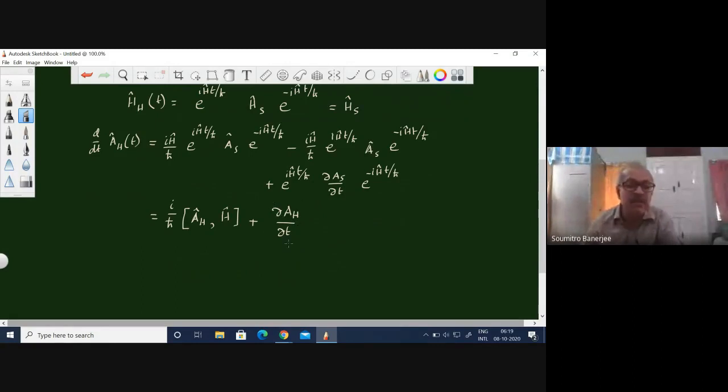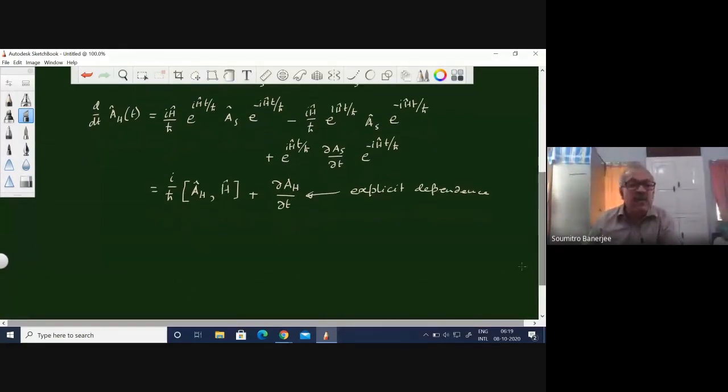might change with time. Therefore, if there is explicit dependence of the operator on time, then this term will represent the explicit dependence. And if explicit dependence is not there, then obviously this term will go to zero and you only land up with this much. Okay. So you see, how does the